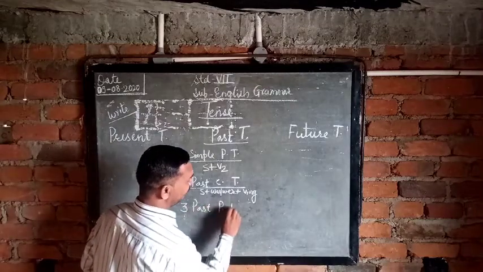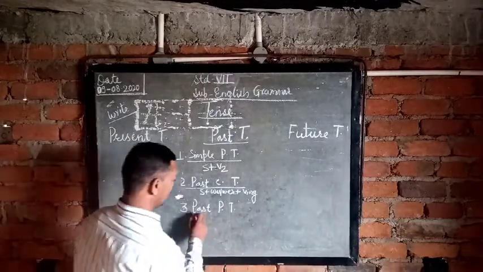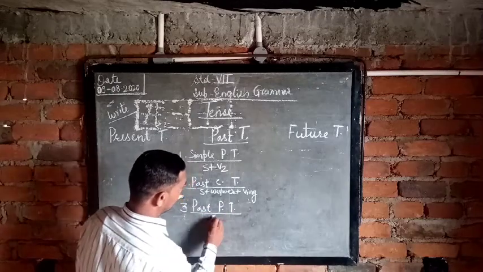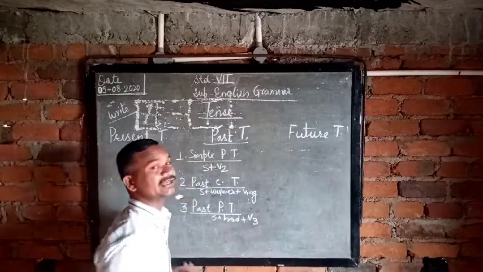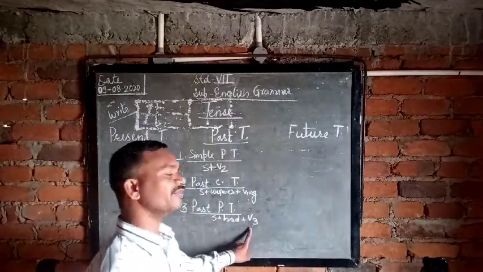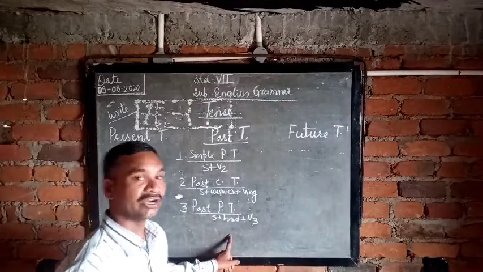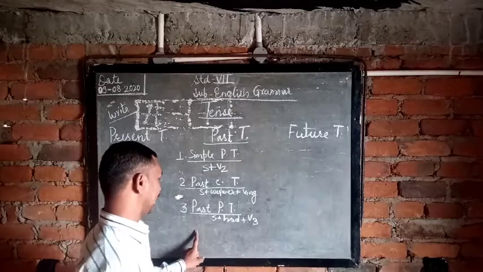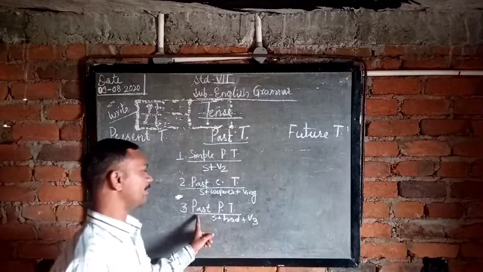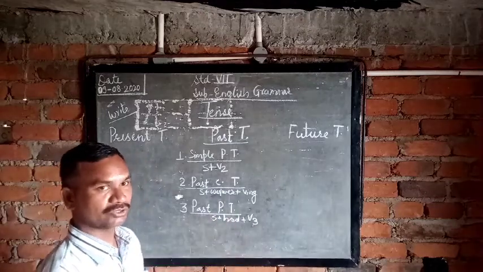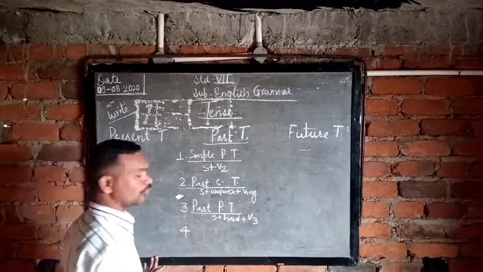Past perfect tense. In the perfect tense, we have one formula: subject plus had plus V3, the third form of the verb. So Sneha had, the third form of write, written. Sneha had written a letter. This is the example of the past perfect tense. So students, do you understand? Okay. Now the last and fourth one is